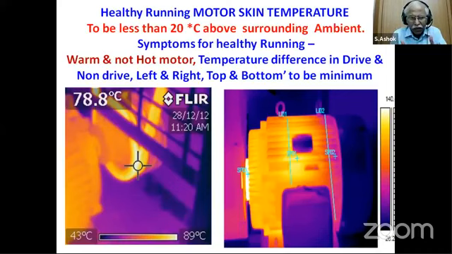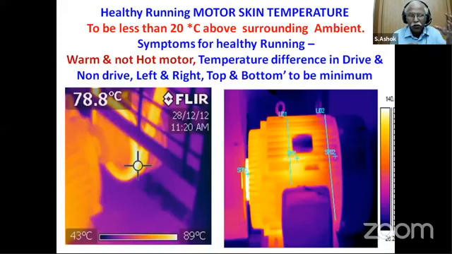A typical belt and blower fixed on an AHU: the belt and pulley can make the AHU motor overload and fail if too much tension is given. You can see the belt is at almost 78 to 80 degrees temperature because of over tensioning on the belt. It should not be very much slack either. It should be touching and gripping the pulley. If it is not gripping, it is going to be a loss for the system.